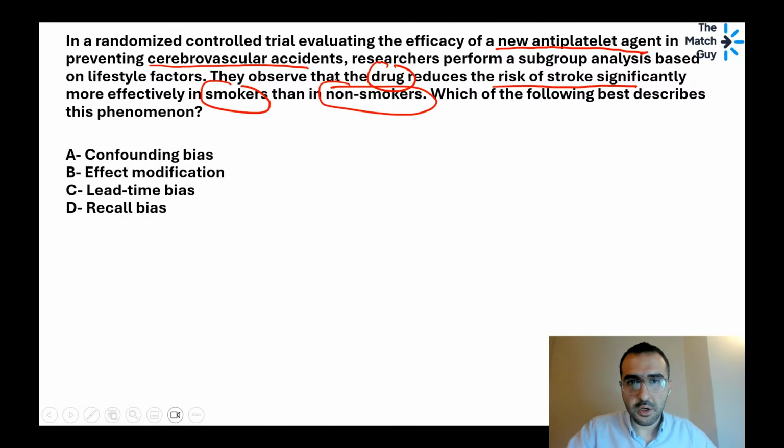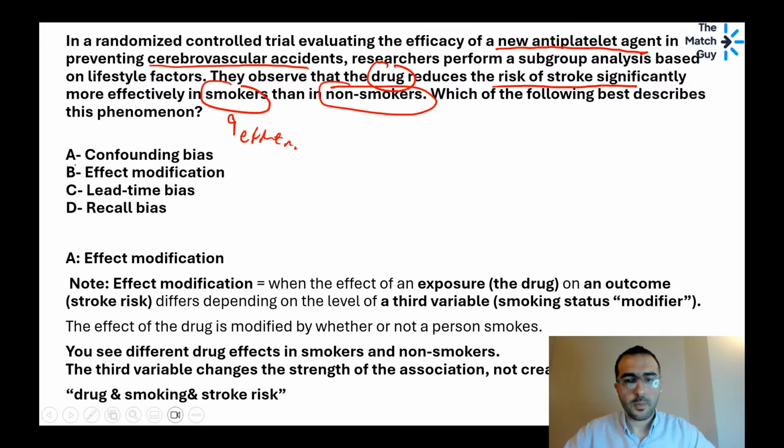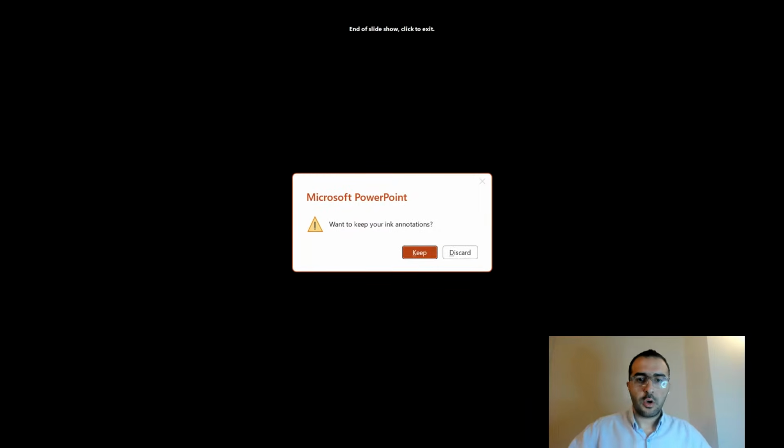Okay, so as you see here, smoking is a modifier. It affects the effectiveness of the medication. So here we call it effect modification. All right. So yeah, by this slide, I think we